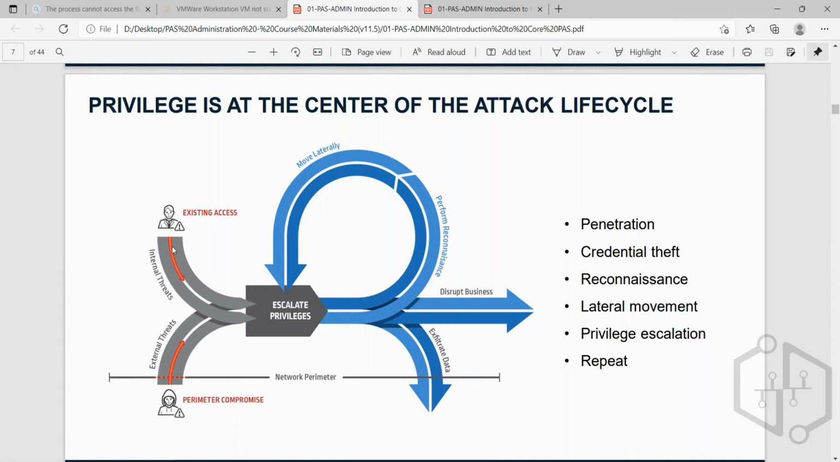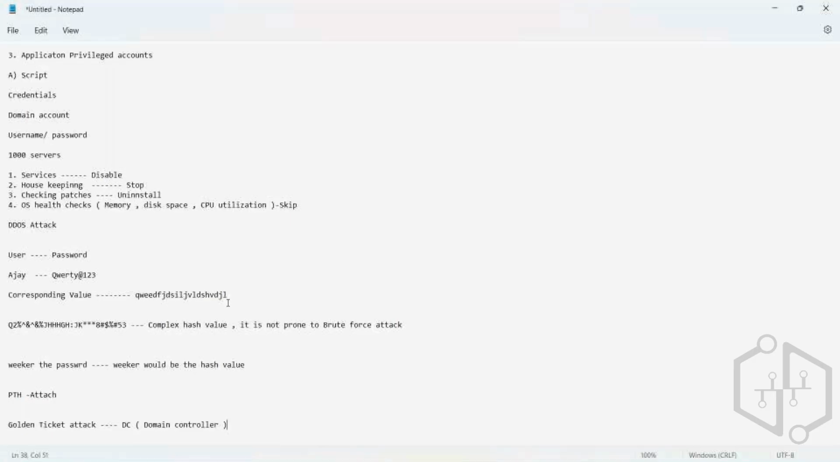Let's say I am working in an organization and I have some sort of malicious intent. I am an employee of an organization. I will do an insider attack. What I'll do, I will just log into my system. I will try to escalate my privileges. Let's say for an example,